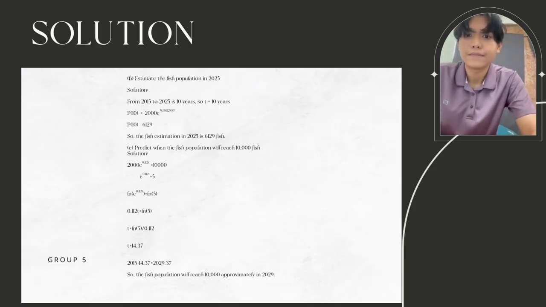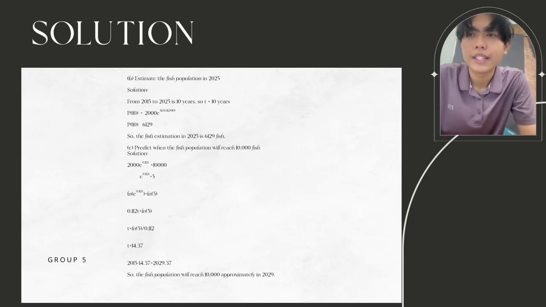6129 fish. For the next question, we need to predict when the fish population will reach 10,000 fish. So for the solution, we take the general equation we derived earlier. So we get 2000 e to the power 0.112 times t equals 10,000. We bring 2000 to the other side, so we get 10,000 over 2000. Then we simplify it, we get